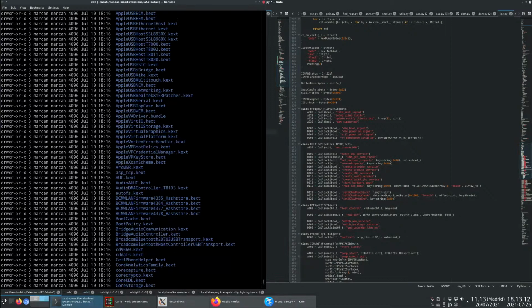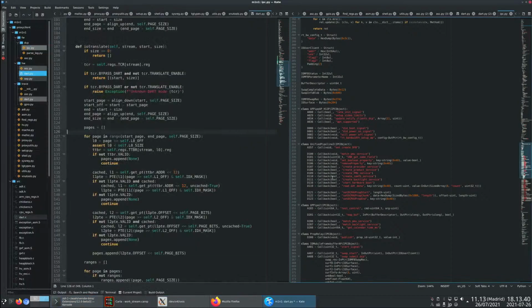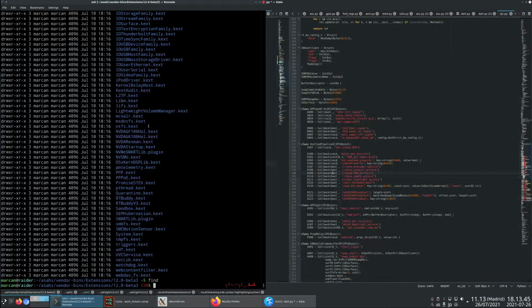But because the ABI for this changes, not every time, but they do make incompatible changes with every macOS update, I don't want to be working on an old DCP. Whenever we release the first sort of end user version, it's definitely going to be based on macOS 12.0 as far as the firmware versions that are required, or something newer, because there's no point in being in the past. I'm going to need it for newer hardware anyway. So that's why I don't want to do this for this old driver and then try to update it. I might as well go straight to